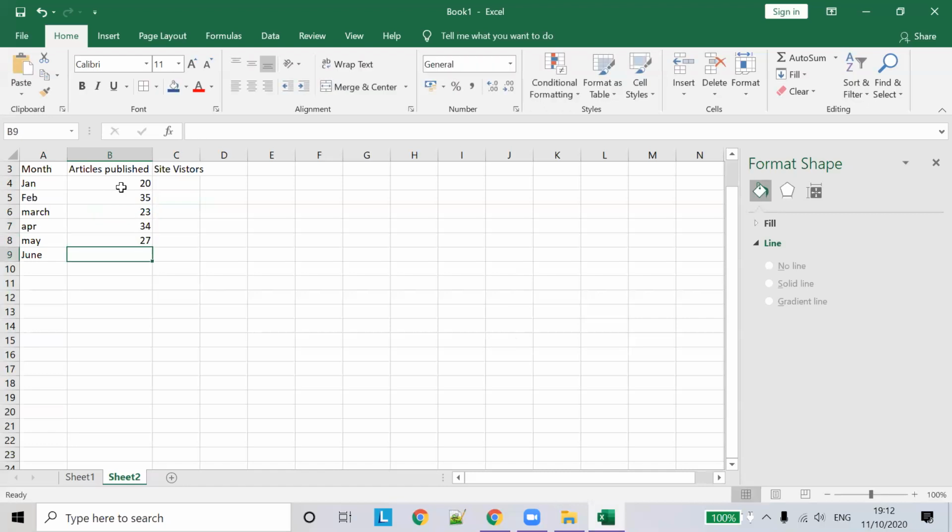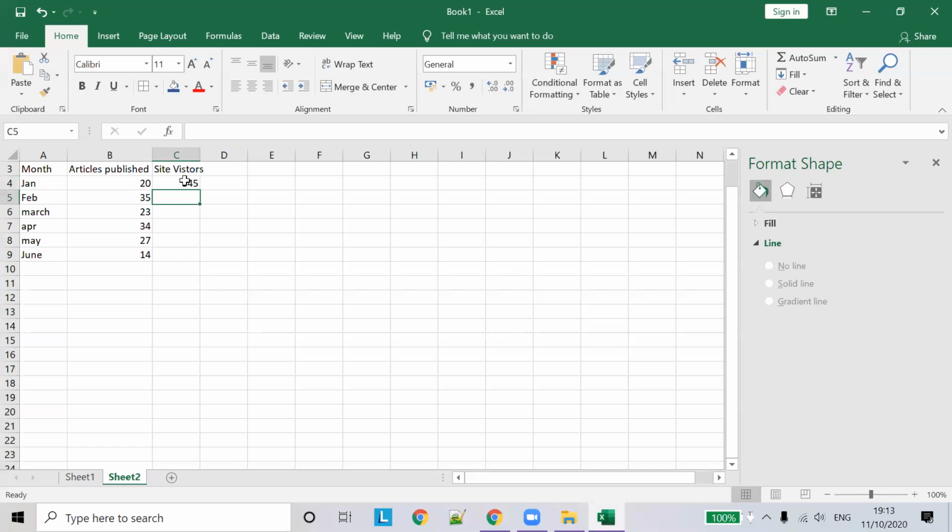27. We are assuming that each month the Hindu newspaper has published around 20, 35 and 23, some number of articles each month, and the site visitors. Let's assume 345 people have read January's articles.